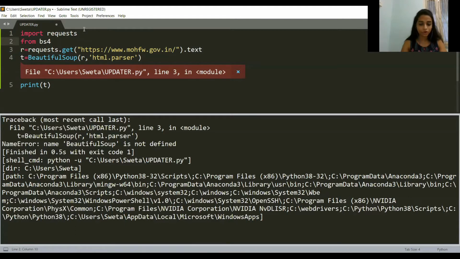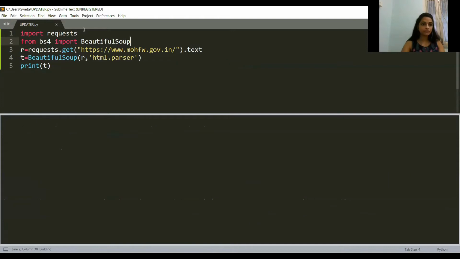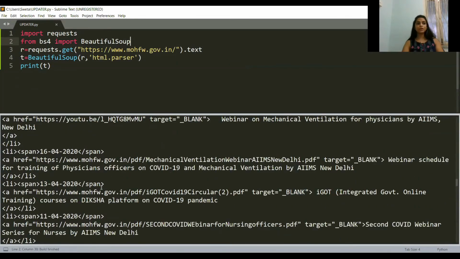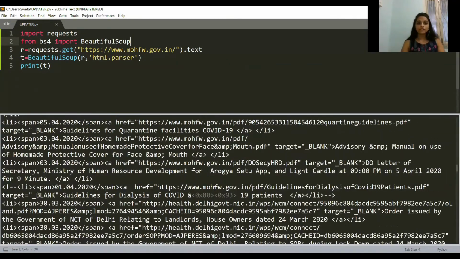Let's first do this from VS Code, import BeautifulSoup. Now if I run this, I'm getting the same page here. This is the source code. Now what I need to do, I just want to have that table with me. I don't want to have all this information.